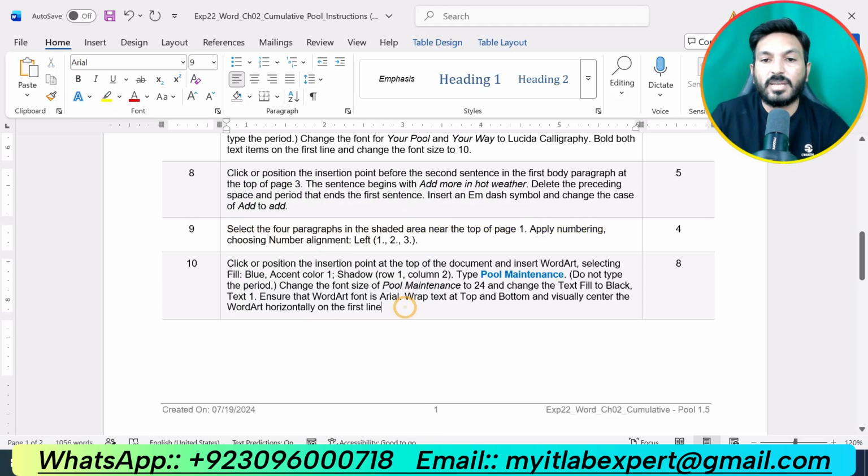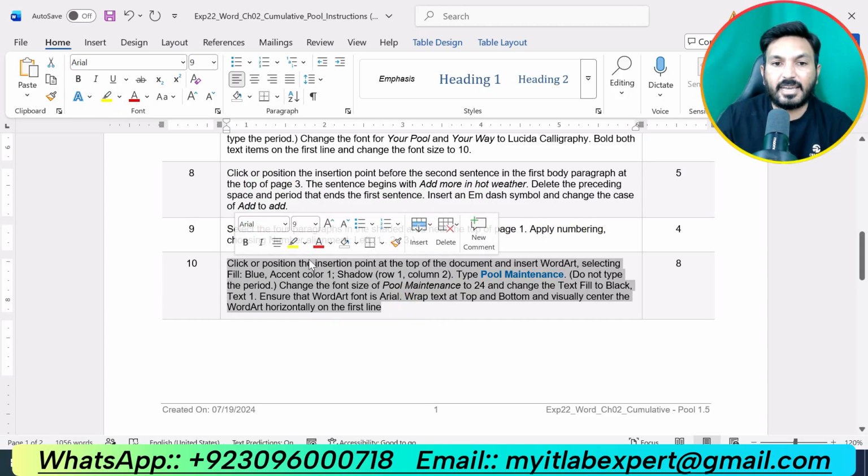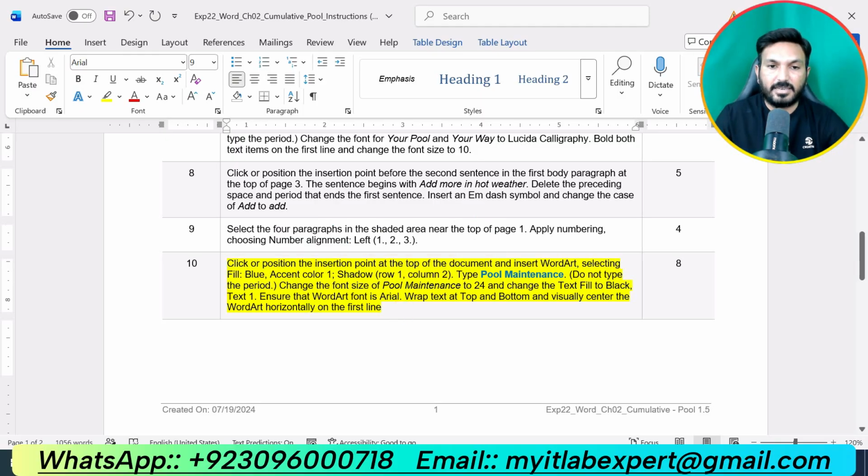Okay, now let me do the next step, that is step number 10. Step number 10 is saying click or position the insertion point at the top of the document and insert WordArt. We are supposed to select Fill: Blue, Accent color 1, Shadow, that is given in row 1, column 2.